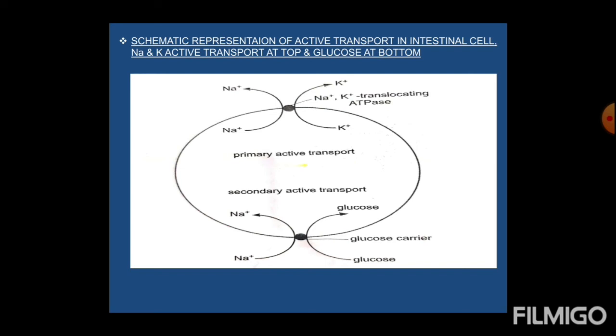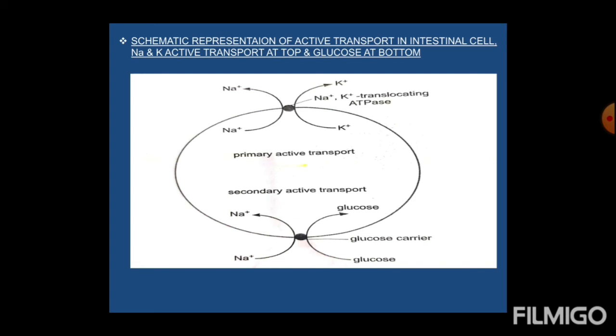Now the secondary active transport. Now children, we've talked about sodium and potassium. Now we are talking about glucose. Glucose is a bigger molecule. So when it has to move out or in through the plasma membrane, it will not go alone. It will take a carrier. It will be catalyzed by a carrier. A carrier can be a special type of protein. With that particular carrier, glucose will be transported. So a complex will be formed, which will be known as the transporter carrier complex, and the carrier is going to transport the transportant. So glucose here is a transportant.